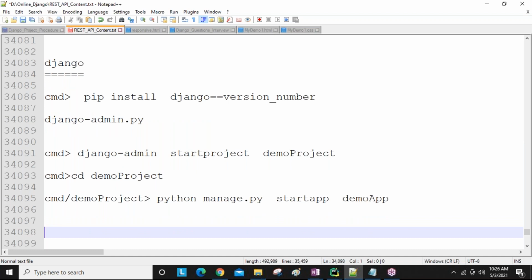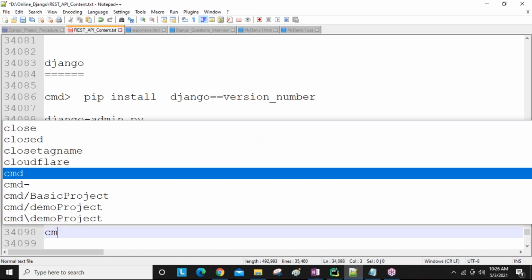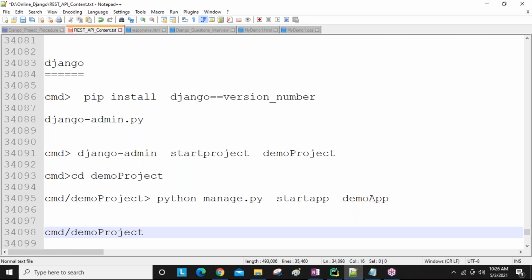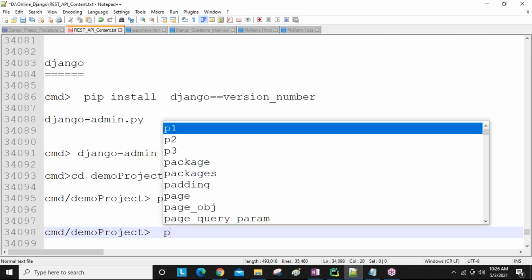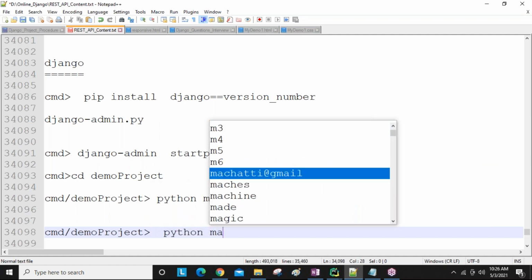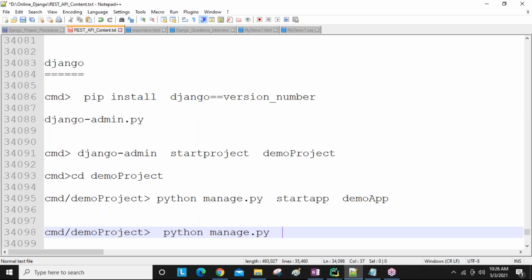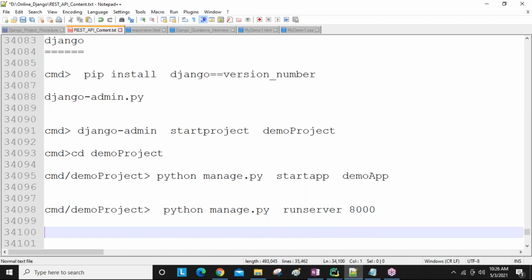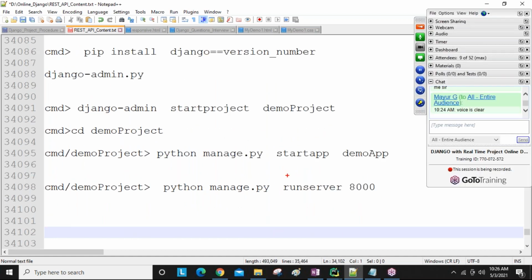Now after creating the project name and application name, if we want to run the server, you use python manage.py runserver. By default, the port number is 8000.